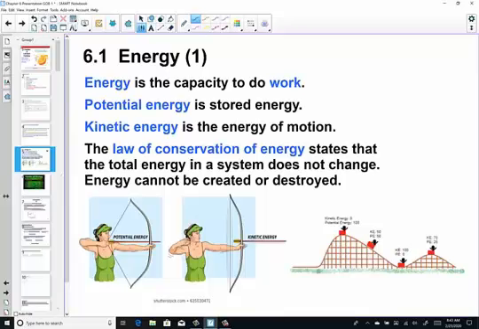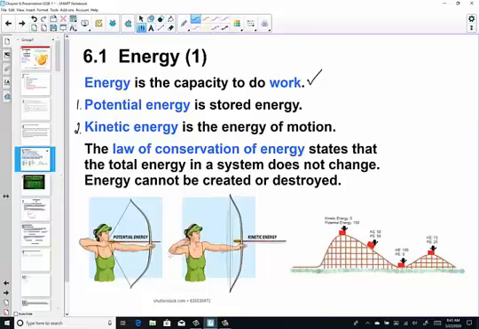So we'll begin by simply defining the term energy. And in your notepad at the top it says, what is energy? And I'd like you to simply write: energy, a classical definition here, is the capacity to do work. Energy comes in two different forms. If energy is the capacity to do work, we look at two classes of energy, what we call potential energy and what we call kinetic energy.